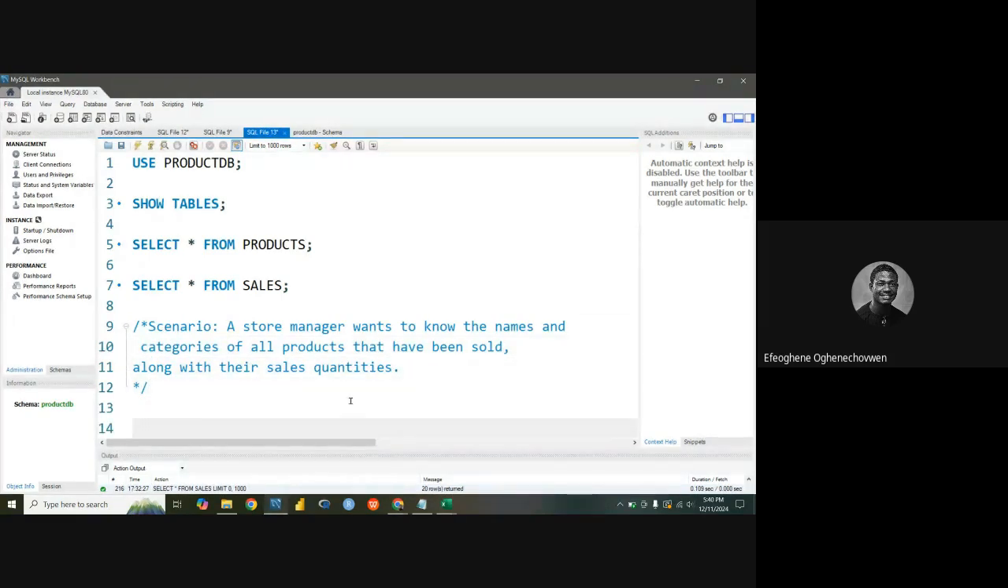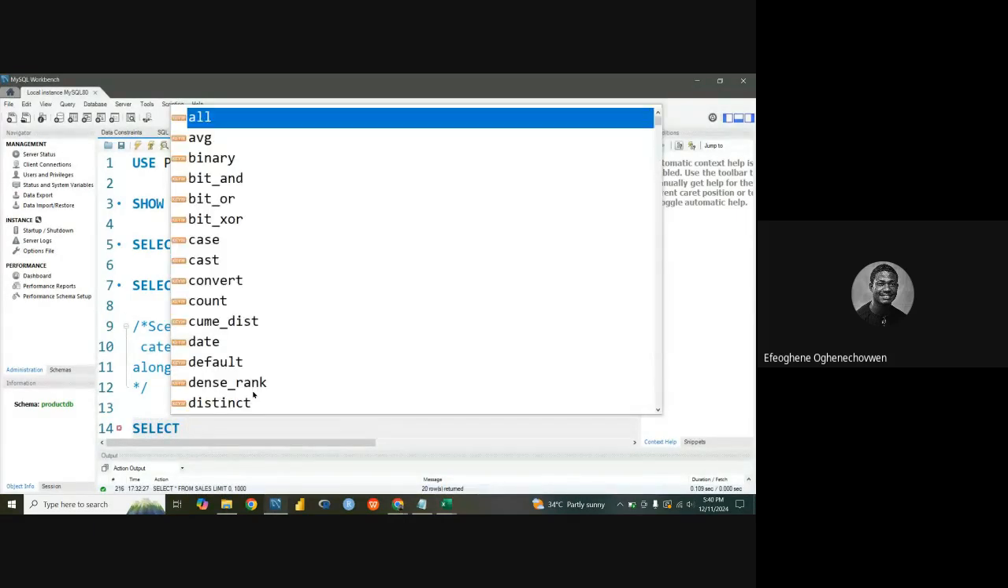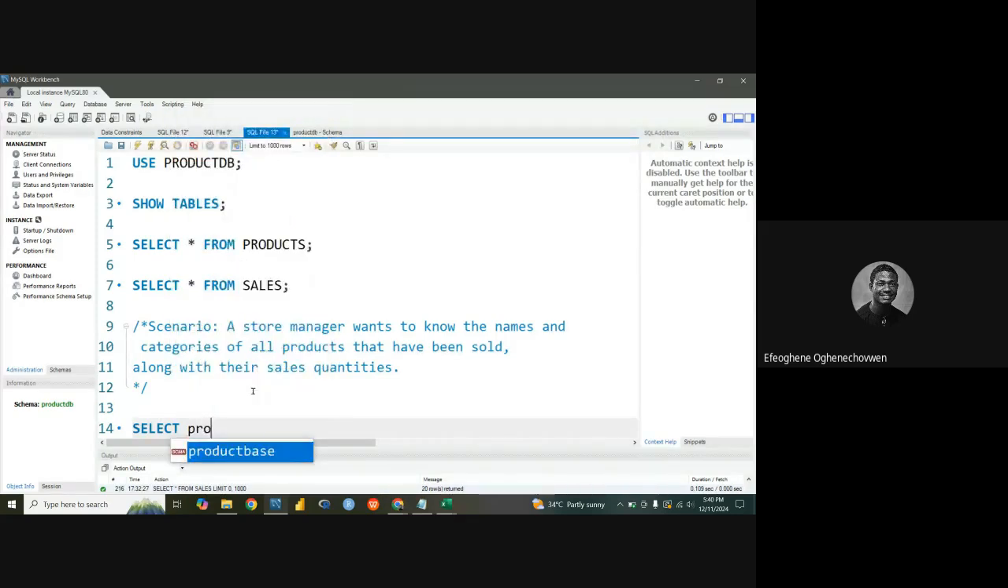So let's do it like this. So I'll say select product name, okay, category. Okay. So it says a product manager wants to know the names and the product categories of all the products that have been sold alongside with their sales quantity. So now